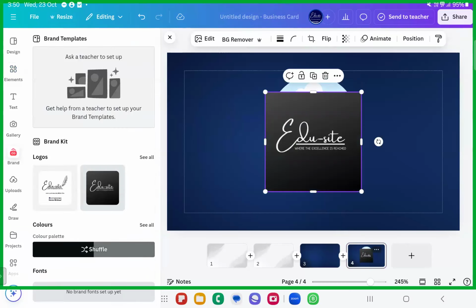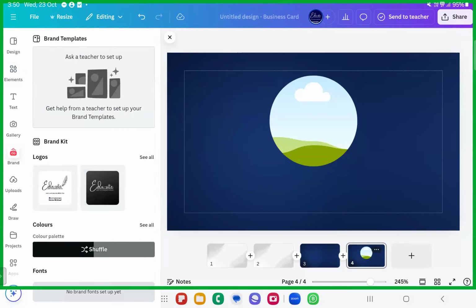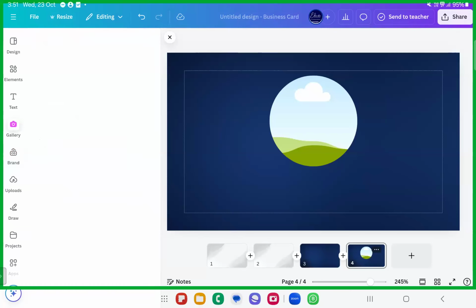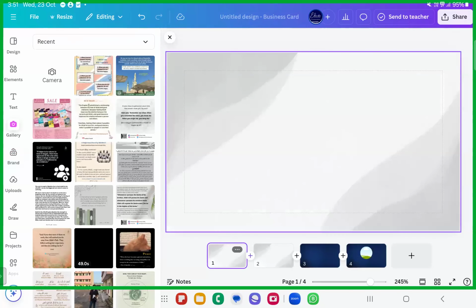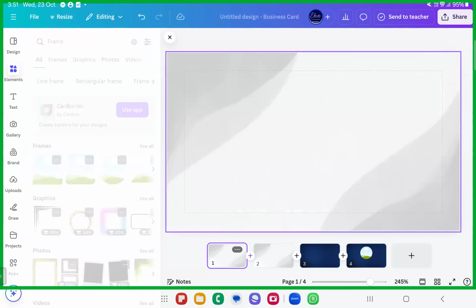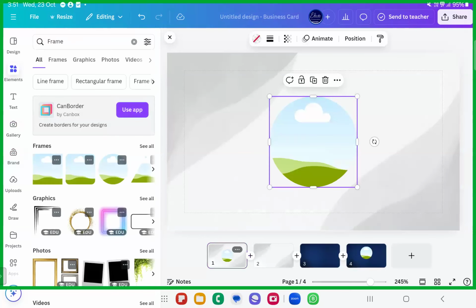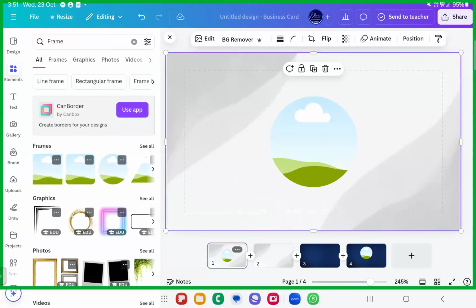I'll select. Okay, there is a black logo. I wanted it white. So I think we have not put up the white logo, so we'll just take the white logo. So make sure, see here, for this one, black will go well. For a white background, black will go well. For a black background, I want white. So I told you, make sure to have your logos designed in both colors, fine, in both black and white.